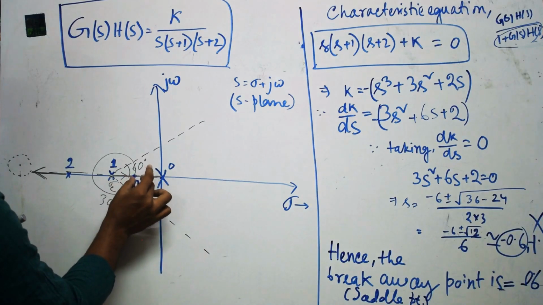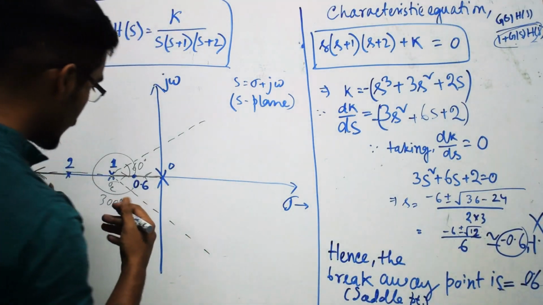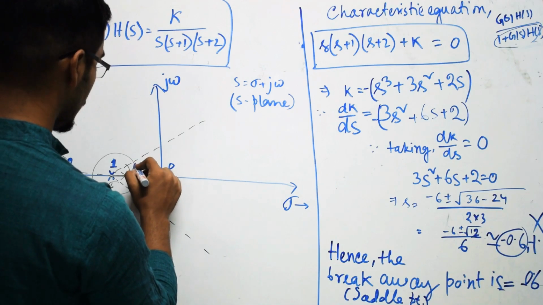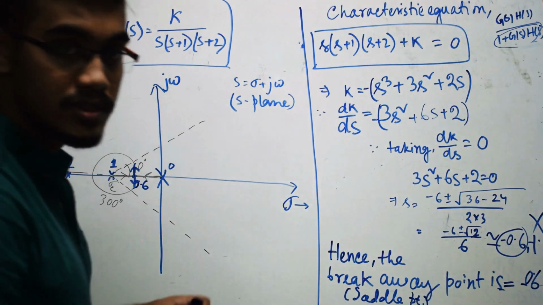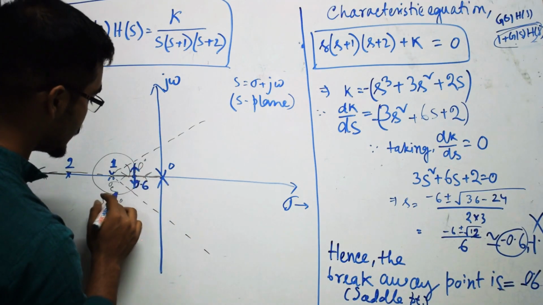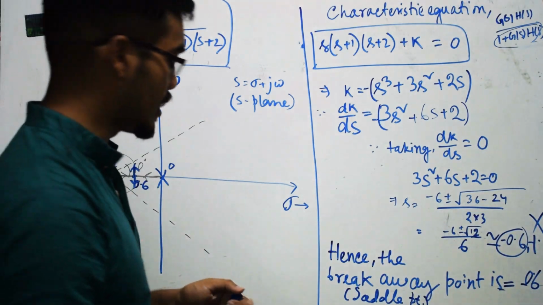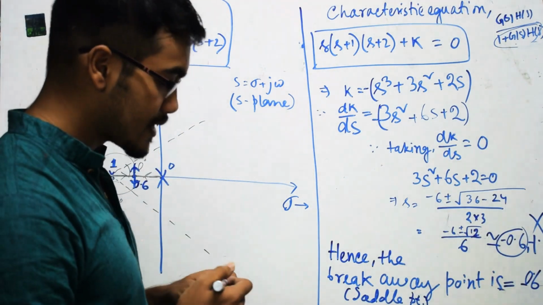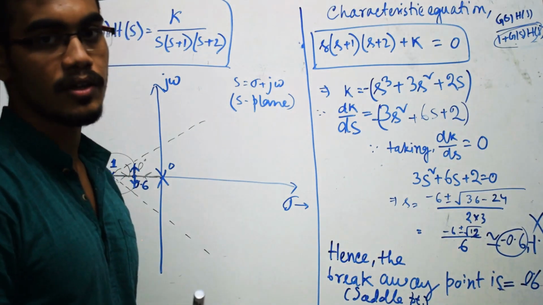So from here this root locus will cause the breakaway, and after the breakaway it will go towards the asymptotes. But most important part, as per the asymptotes going according to 60 degree and 300 degree, it will also bend, but after bending it will obviously cut the imaginary axis somewhere. That intersection point is found out by the Routh array. So this is the application part of Routh in root locus.